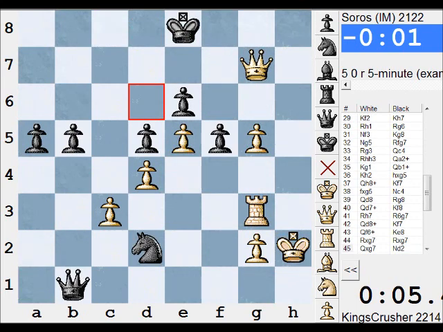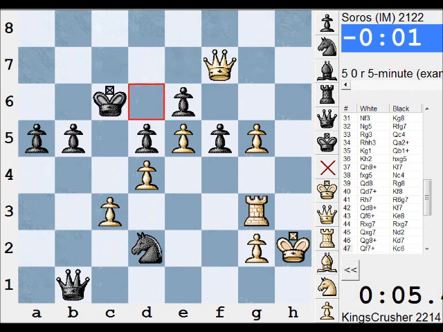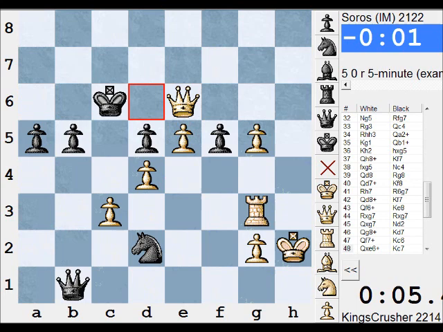But he had knight f1. This looks like a dangerous idea that he had, knight f1. So that was scary, knight f1. So I just blundered my queen. What should I have done here? Because if rook h3, knight f1, my king's driven back. And then he's got at least a perpetual, hasn't he? With knight e3. Because king f2...